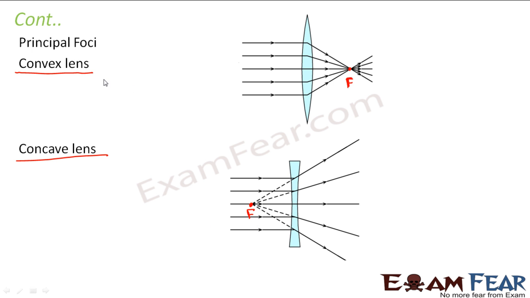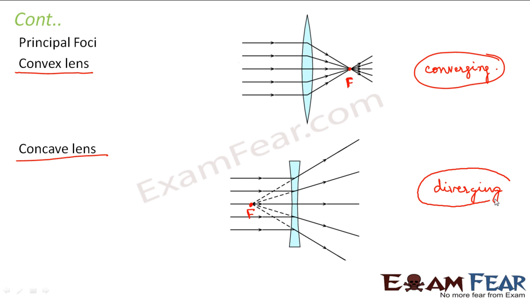So one interesting thing which we note here is, a convex lens is the converging lens, right? Because the rays of light actually converge after refraction, whereas a concave lens is a diverging lens because the rays of light appear to diverge after refraction. So this is just the opposite of what it was in case of mirrors. In case of mirrors, a concave mirror was a converging mirror, but in lenses, a convex lens is a converging lens. So please remember this, do not get confused. A concave mirror is always a converging mirror and a convex lens is always a converging lens.